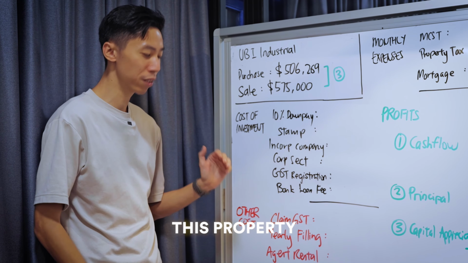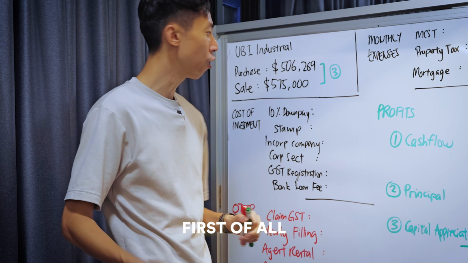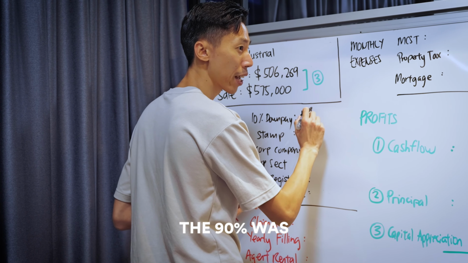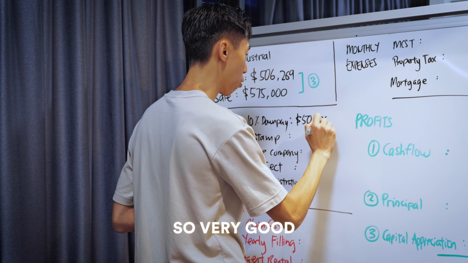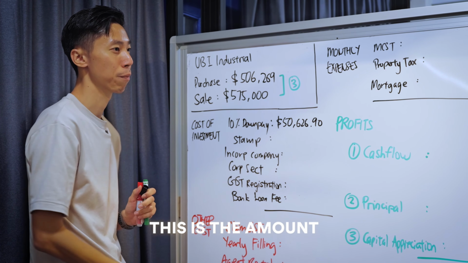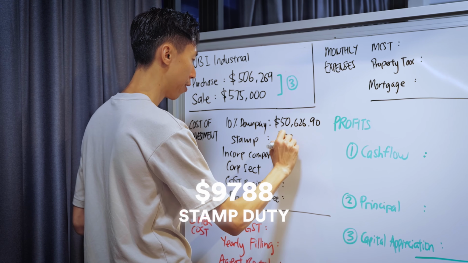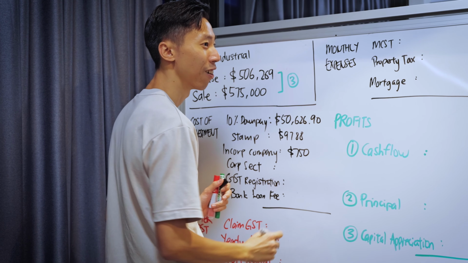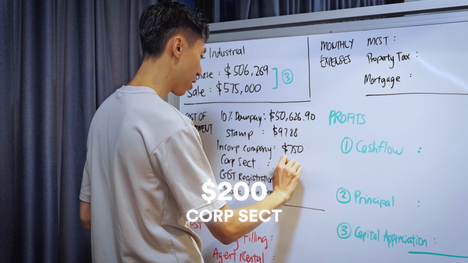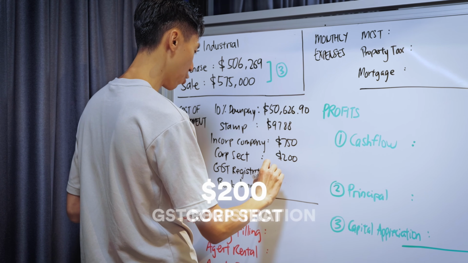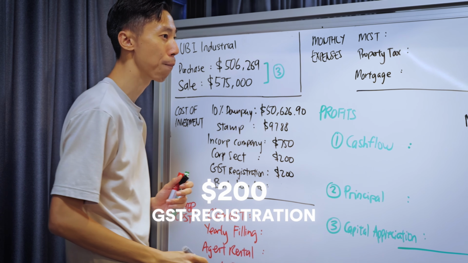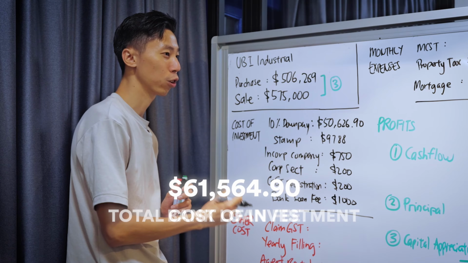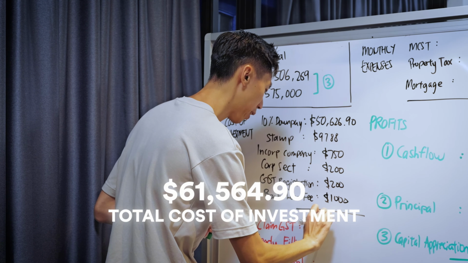In order to acquire this property, how much did I have to pay? First of all, the down payment was just 10%. So back then, the 90% was from bank loan. So very good, we just need to come up with 10%. This is the amount. We also had to pay stamp duty, 9788. We had to incorporate company, 750. Okay. Then there was also a corporate secretary services that we have to pay, and then there's a GST registration one-time fee to register the company, and then in order to take a bank loan there was $1,000. This is the total cost of investment, 61k